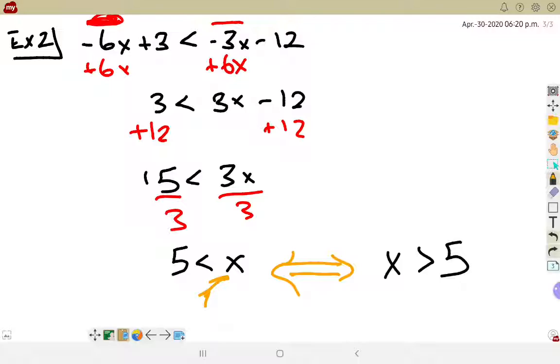So yes, the variable's on the opposite side, but our inequality symbol is still pointing at the smaller value, or the alligator is eating the bigger value, whichever way you want to look at it. Okay, so my recommendation would be always get rid of the smaller of your two variables, and then you don't have to worry about multiplying or dividing both sides by that negative. It should take care of that for you. All right,